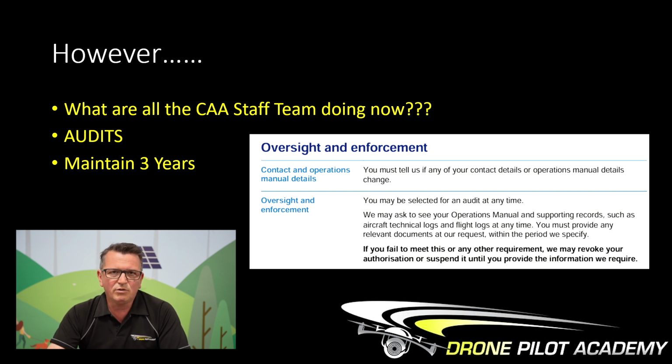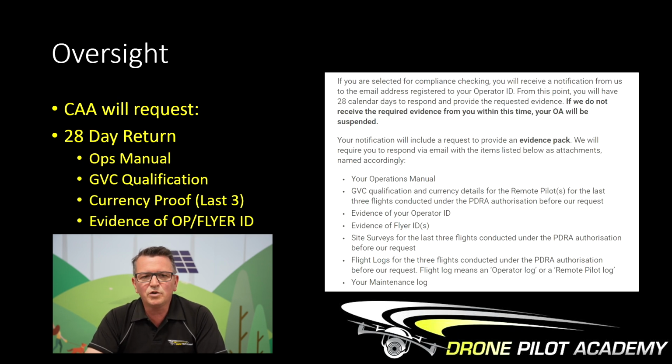So you must maintain 3 years of records and keep those filed safely, because if you do get an oversight request, these are the things that they will ask for. Within 28 days from the date of the email, they'll ask for your current operations manual, GVC qualification, proof of currency, so 2 hours in the last 3 months, evidence that you have an operator and flyer ID, and then for the last 3 flights prior to the date of the email that the CAA sent you,